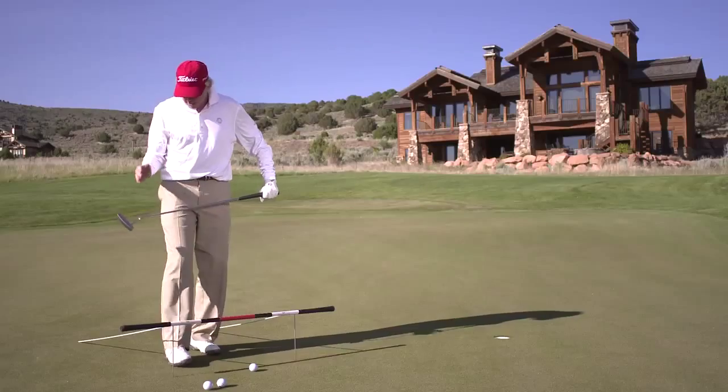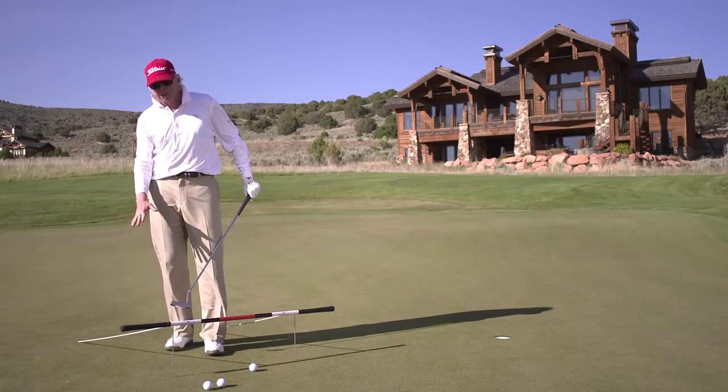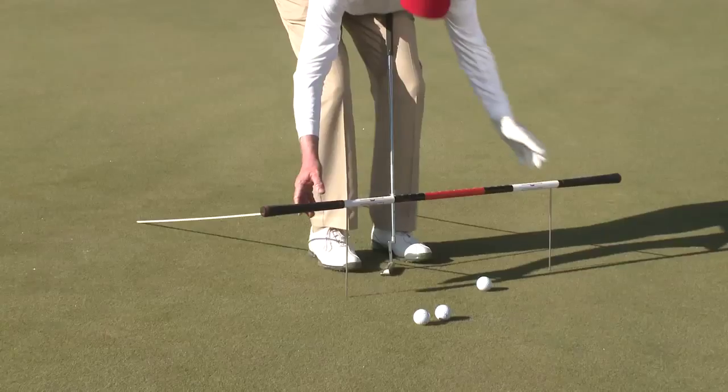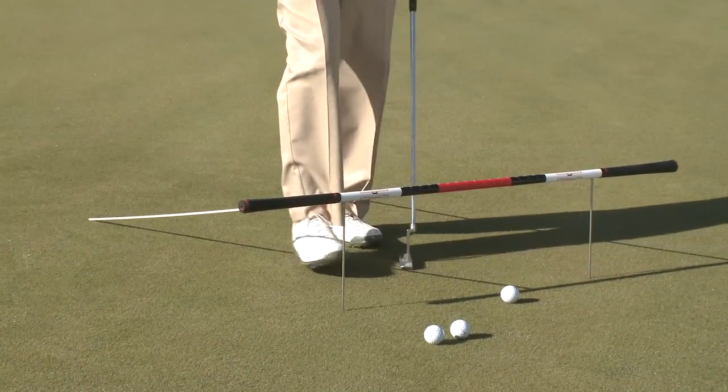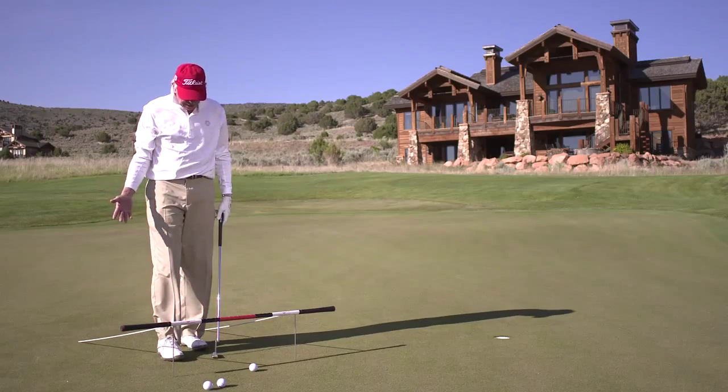And just one more thing. You can use the toolbox indoors. You can bring it into your home. You use the alignment sticks right here to kind of balance it. And this is not in the ground here at all. This is lifted up. You just put it right down on your carpet,